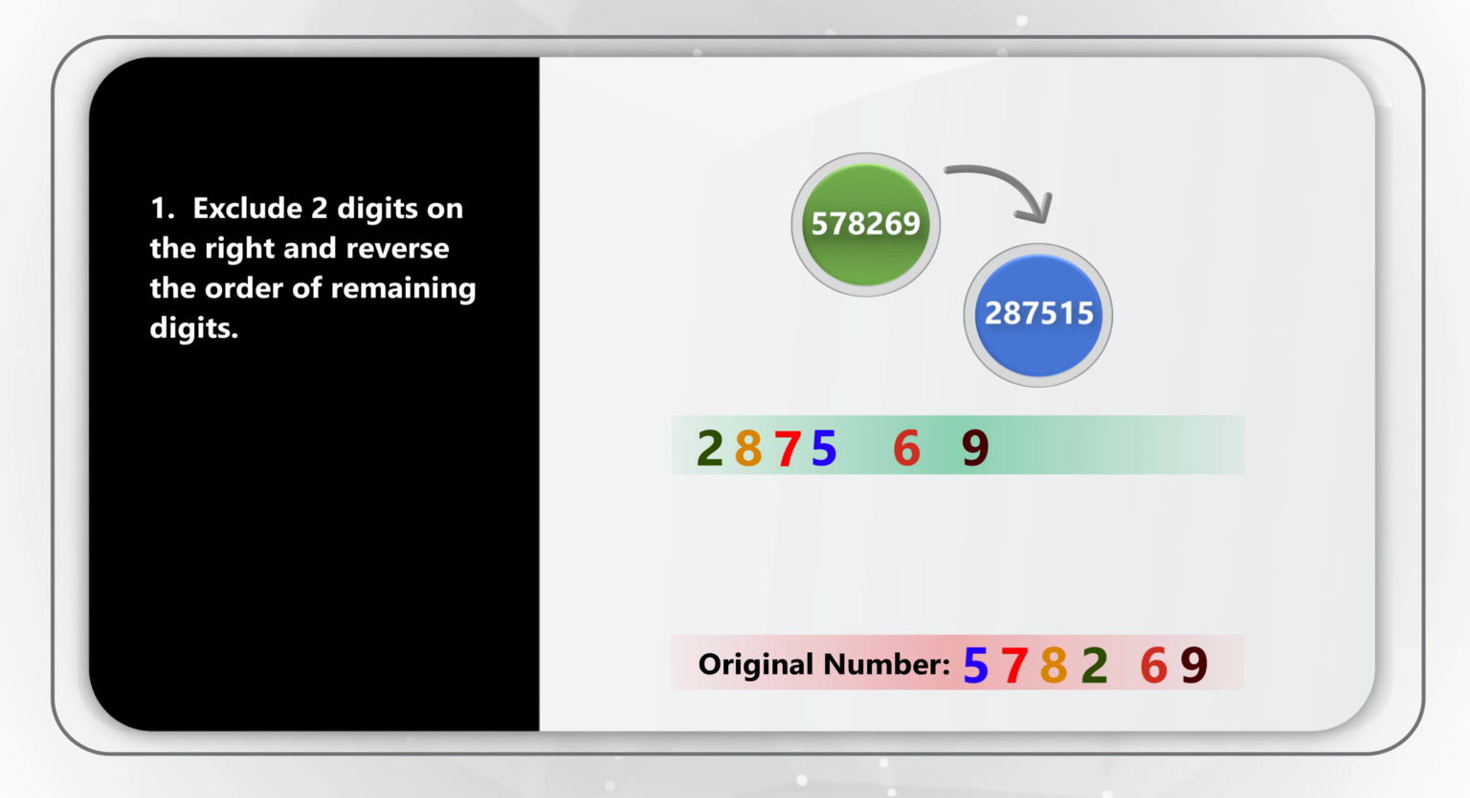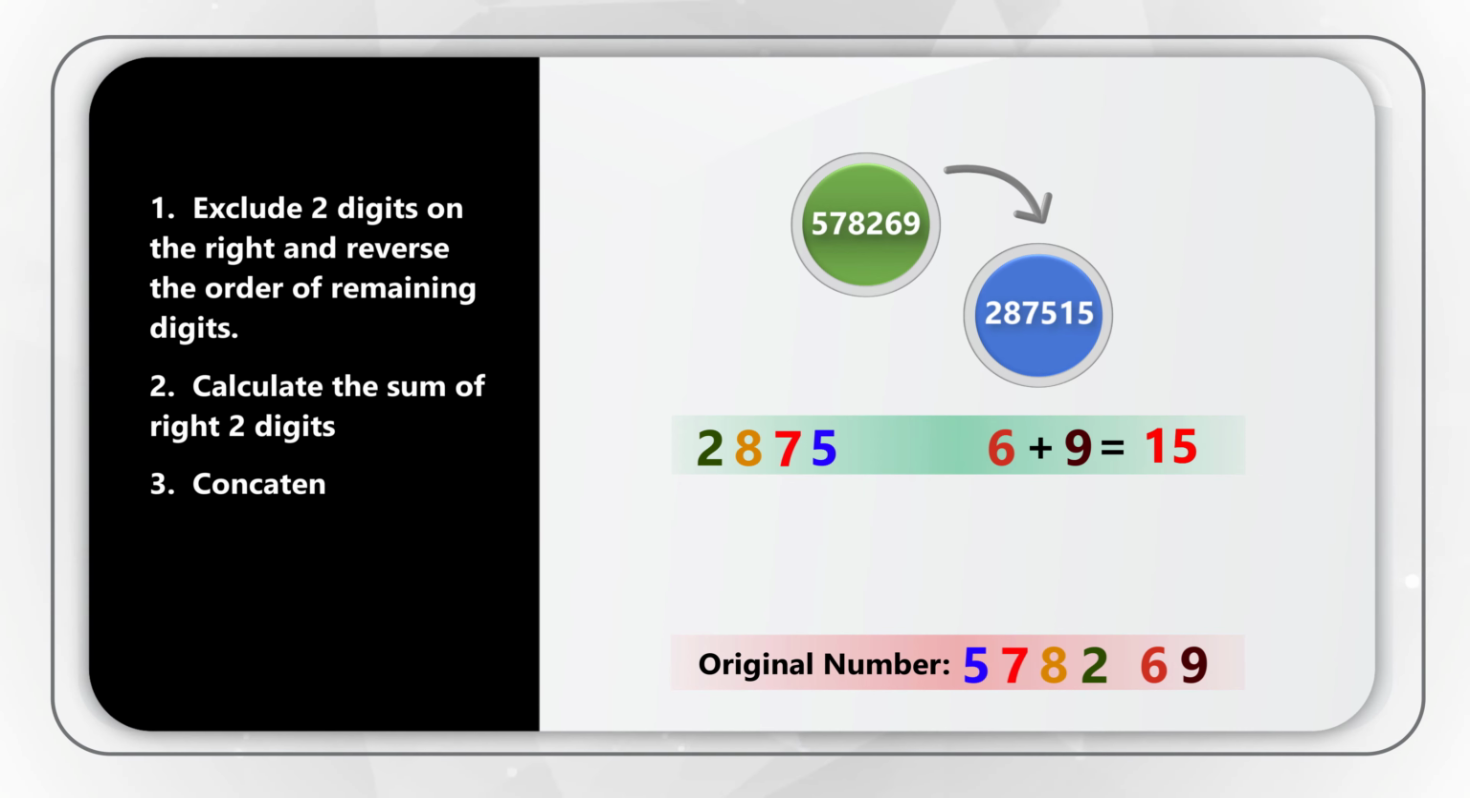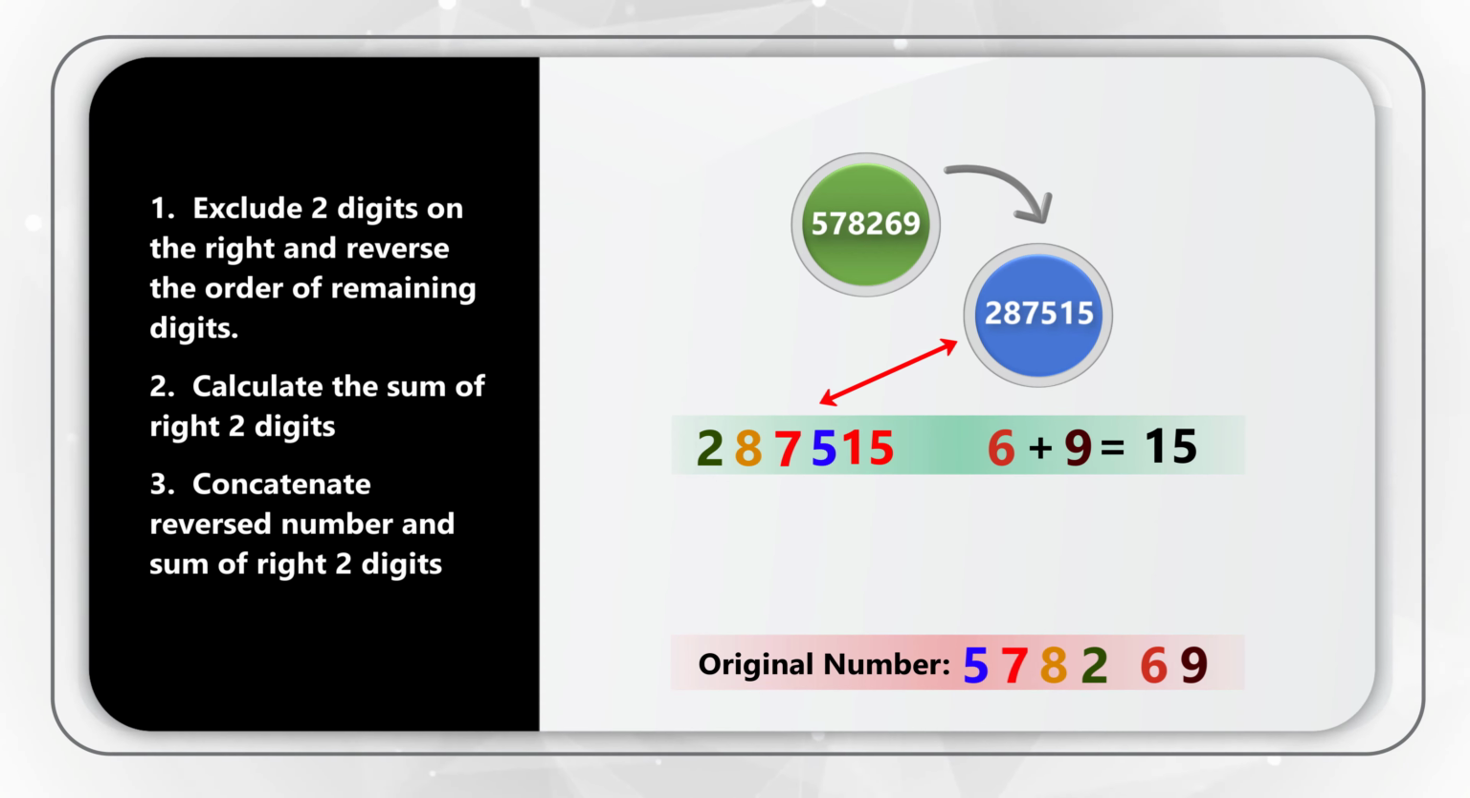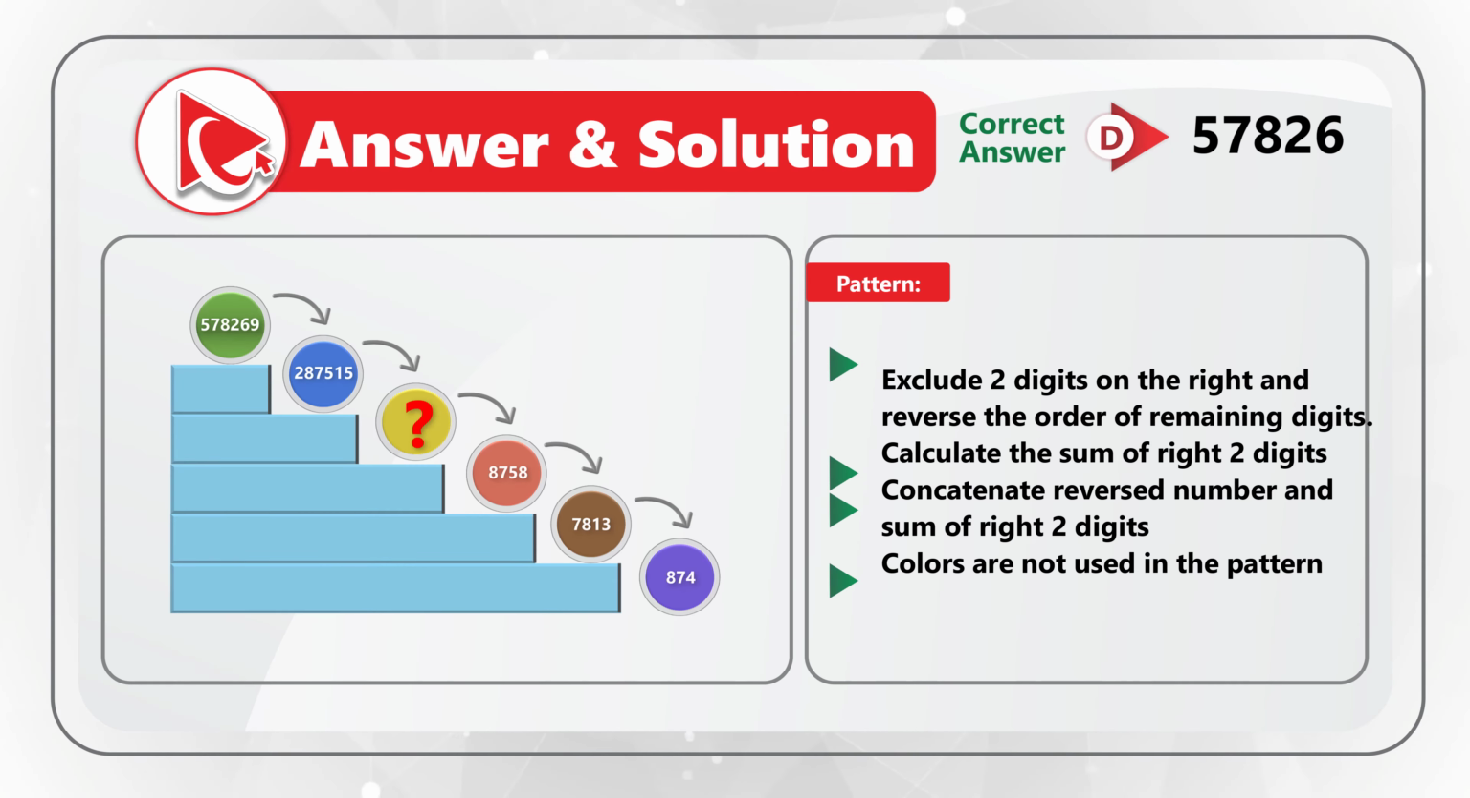We basically add 6 plus 9, and the end result of it is 15. Then we concatenate 2875 and 15. So the end resulting number is 287515. As the ball continues rolling, we repeat the calculations and get to the answer of D,